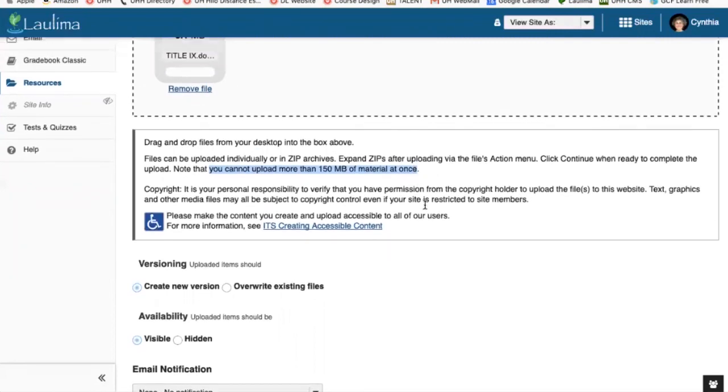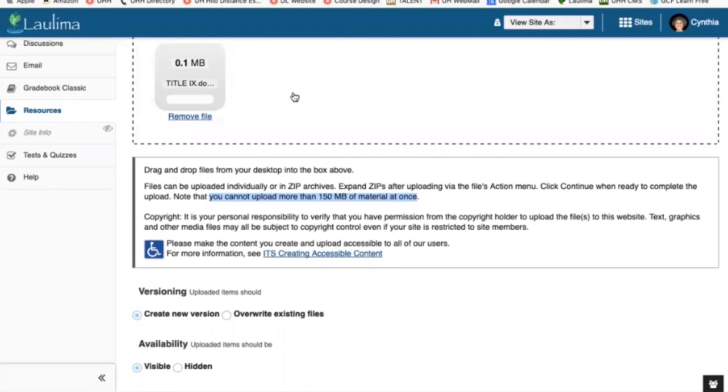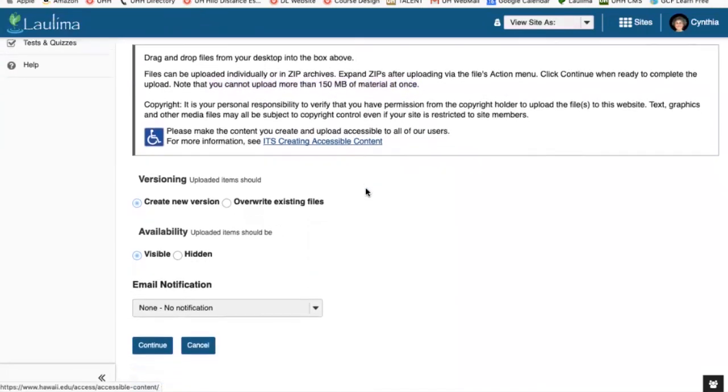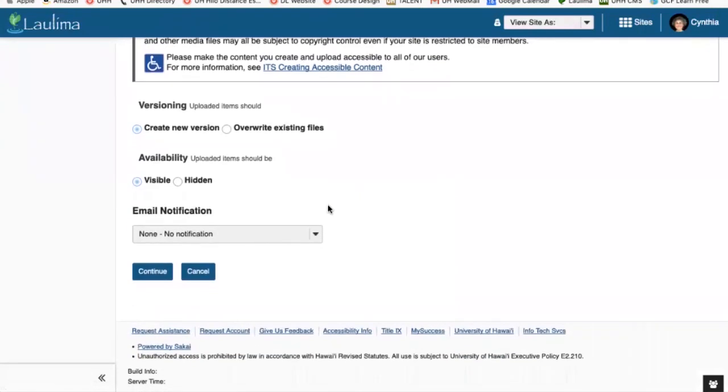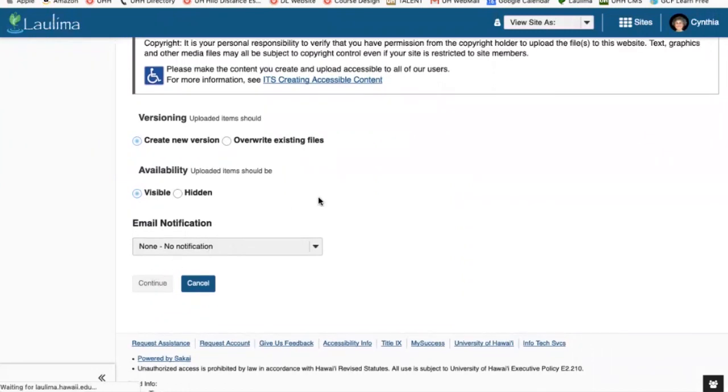However, if you have a number of files, you could add as many as you want, but as long as they don't go over 150 total, you'll be okay. But that's an important thing to always remember. Once we're done adding all of our files that we want to upload, we will then click continue,